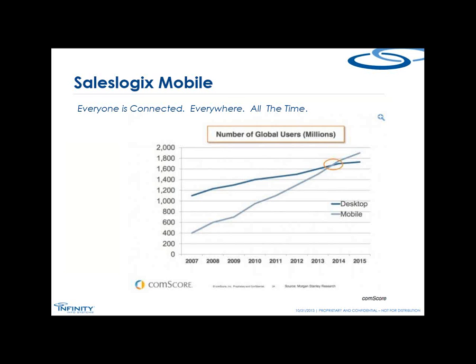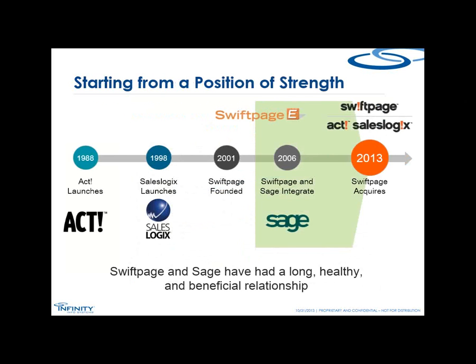So I'm really excited to have the team from SwiftPage go through their new mobile release, SalesLogix Mobile 3. They're also going to talk a little bit about what they're doing as an organization and how important this industry trend is for them. So I'm going to turn control over to Kevin Myers, the Chief Marketing Officer at SwiftPage. So Kevin, I'll let you run from here if you don't mind.